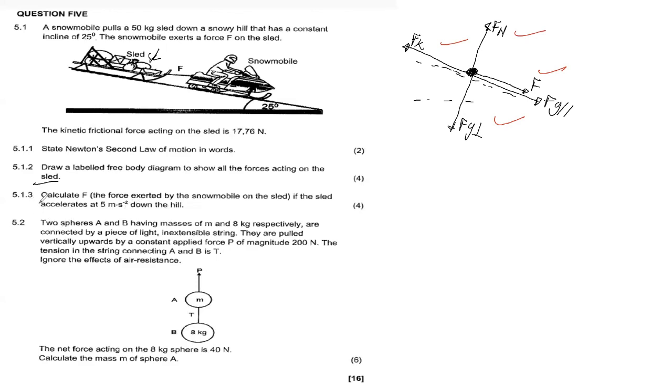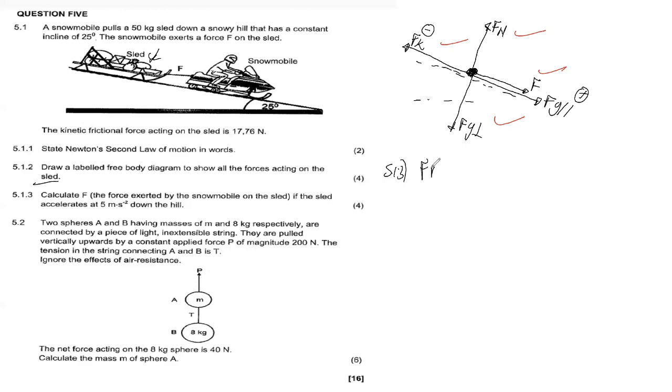Now, 5.1.3 says calculate F, the force exerted by the snowmobile on the sled, if the sled accelerates at 5 meters per second squared down the hill. Right. So how do we calculate that? We obviously have to use our free body diagram for that. Now, choosing the direction, we can see down the slope here is our positive direction, since this whole system here is going down the slope. So this is the direction of motion. And then our negative direction will be up the slope. So using the